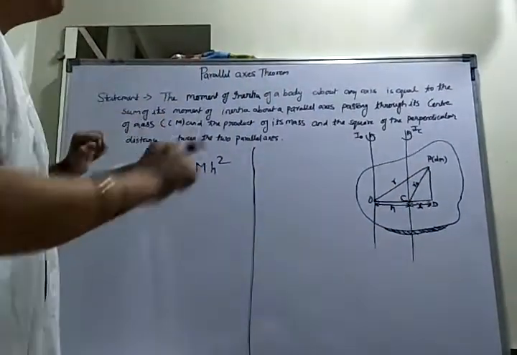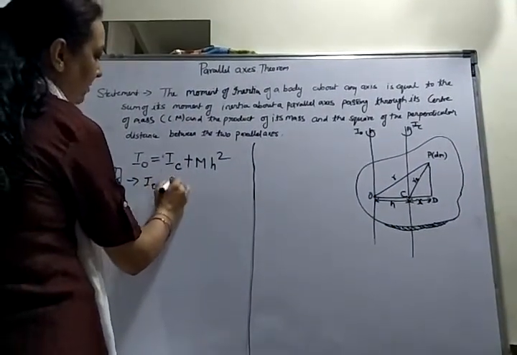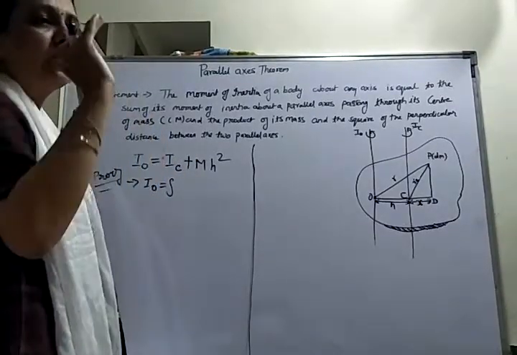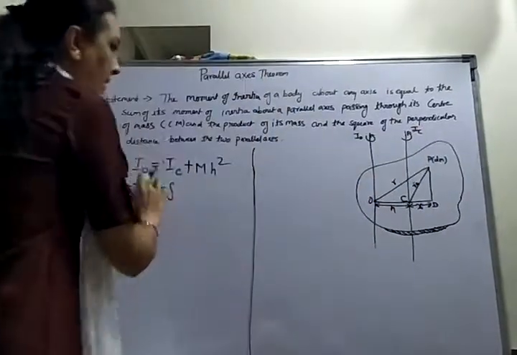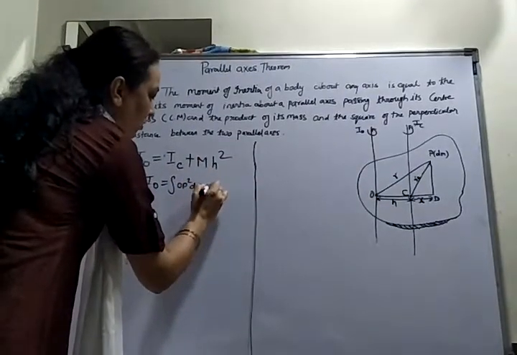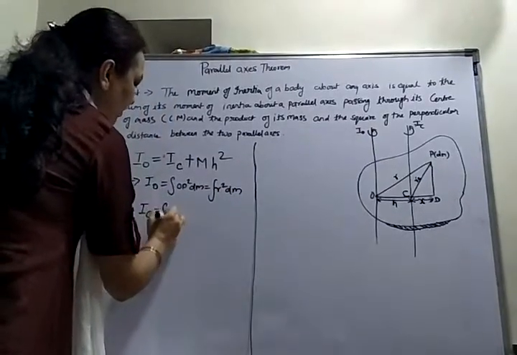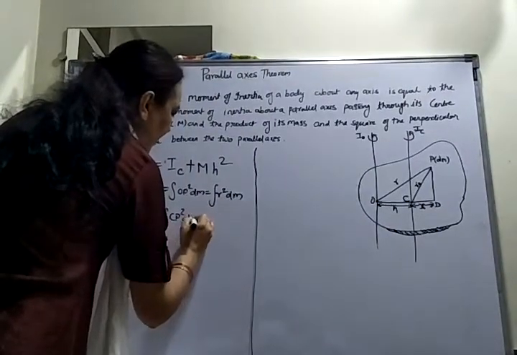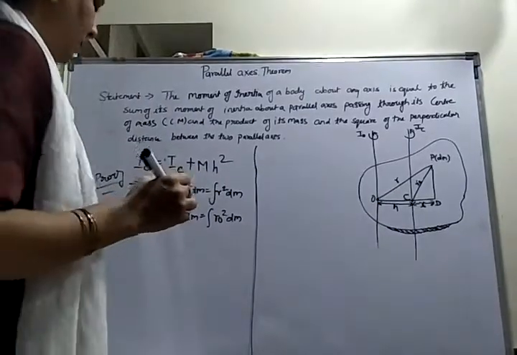Now it should be clear to all of you. By direct calculation, you know very well the formula for moment of inertia is the summation of M h squared, where M is mass and h is the distance. Then for point P, I0 is equal to the integration of OP squared into dm. OP squared means r squared into dm. And IC is equal to the integration of CP squared into dm, which means r0 squared into dm. Correct? Clear to all of you?